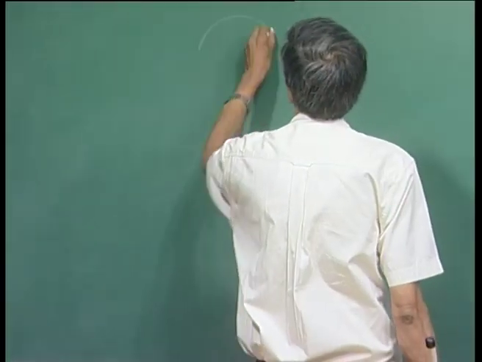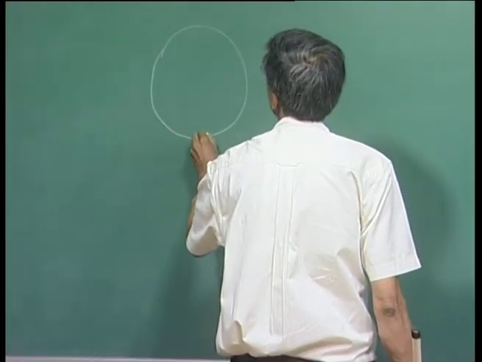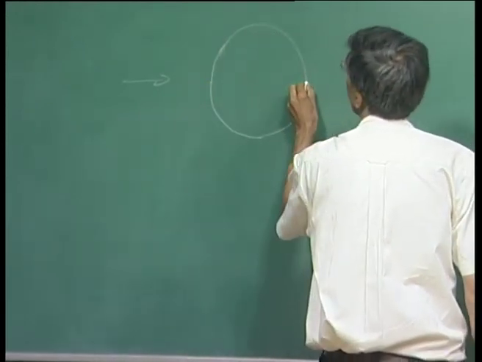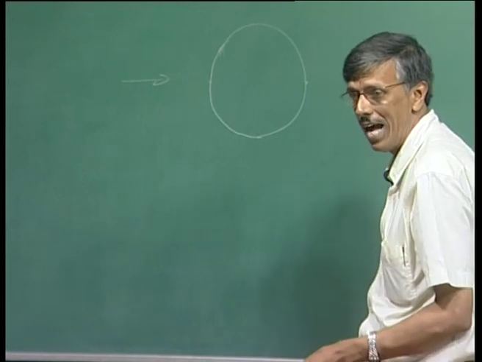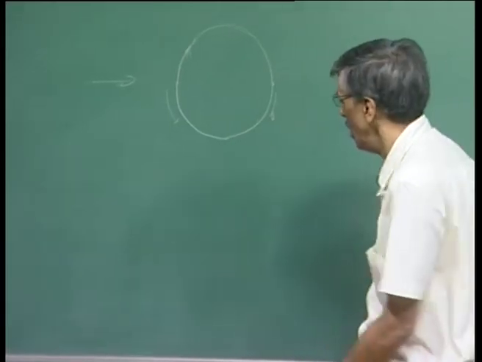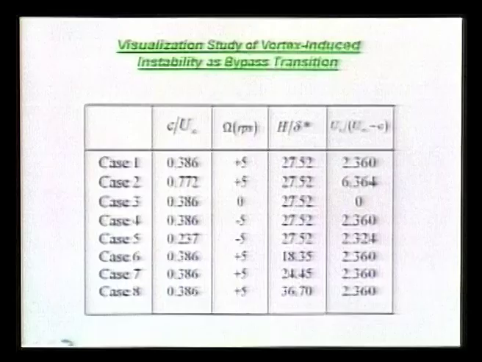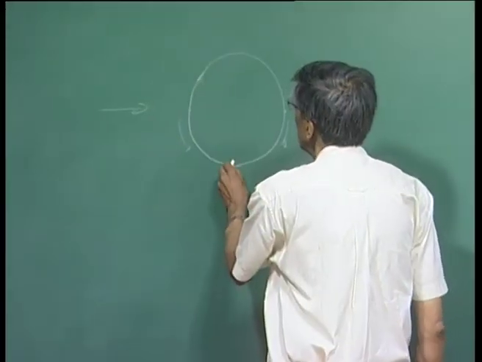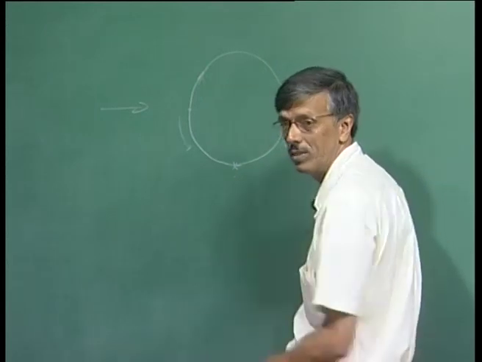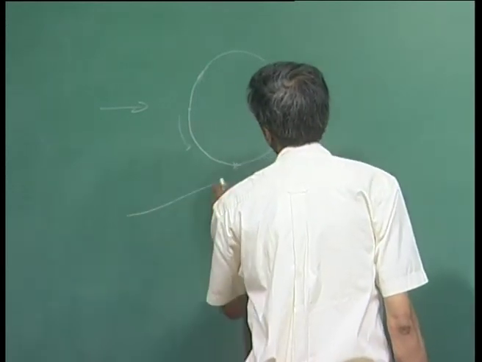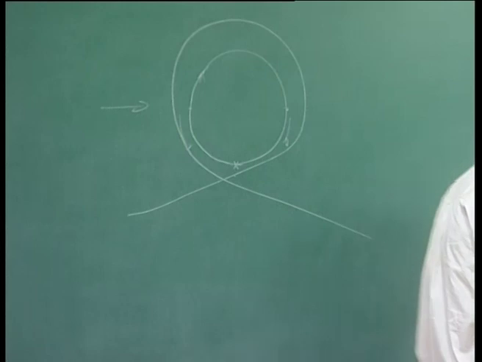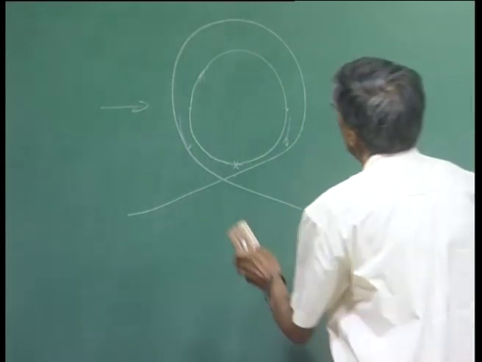What happens if I have a cylinder like this and flow comes like this? We get a front stagnation point here and the rear stagnation point if it is a stationary cylinder. As we keep rotating it, both of them keep moving like this, right? When this factor gets close to 2, the two points come together like this, and anything above 2, this point actually comes down like this, so that you have a sort of streamline like this. My drawing is very poorly done, but essentially